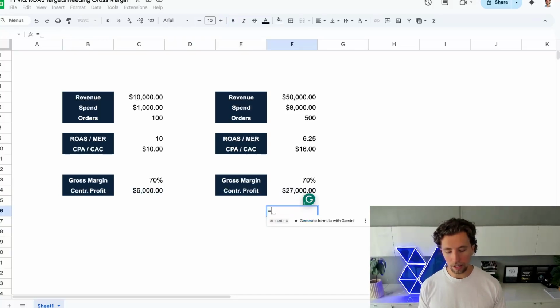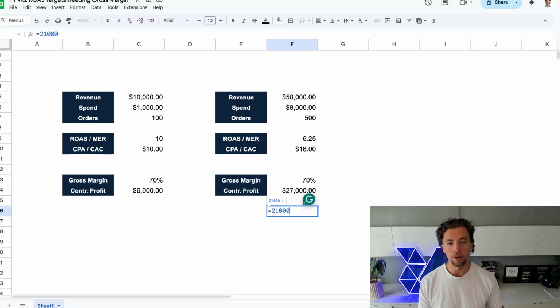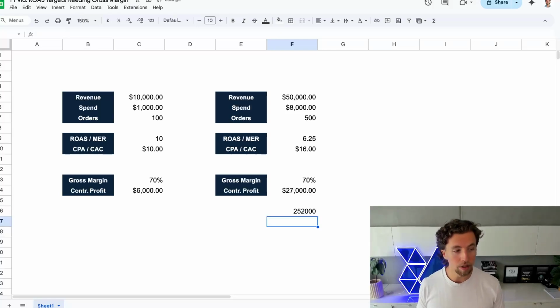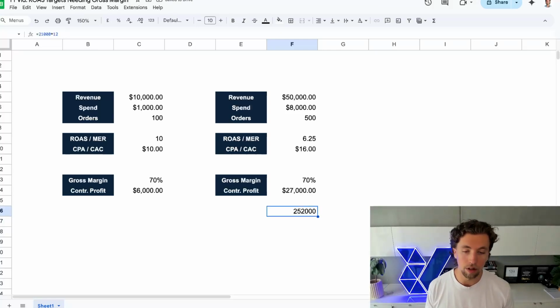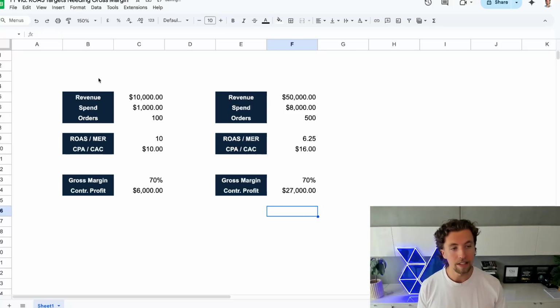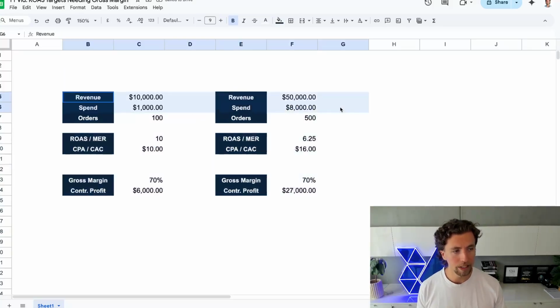Now, is that all going to be take-home dividends? Probably not, just due to the cash requirements in working capital to actually facilitate this kind of growth rate. But let's say you grow to this and then you just hold there for 4 months and you let the working capital accumulate and then you want to start pulling dividends. That does mean that you're going to be able to pull an extra $250,000 a year in dividends from making this decision, from increasing spend from 1K to 8K per month.